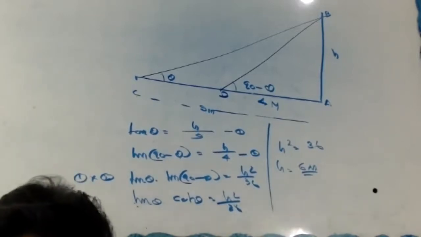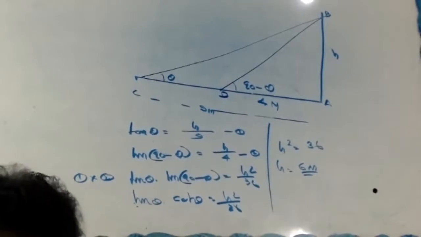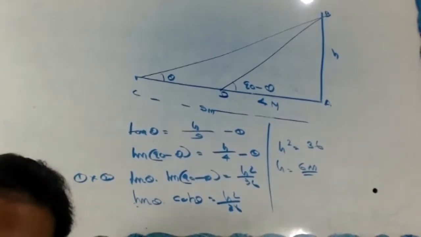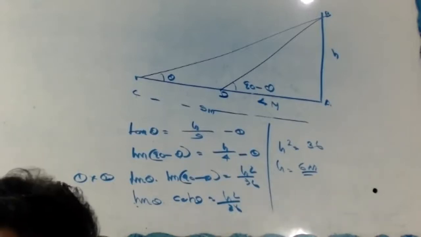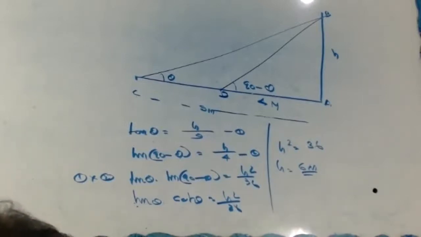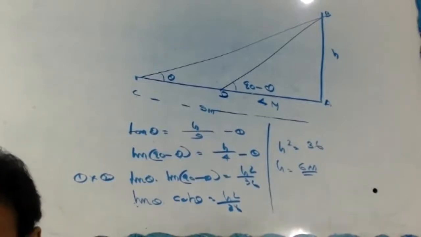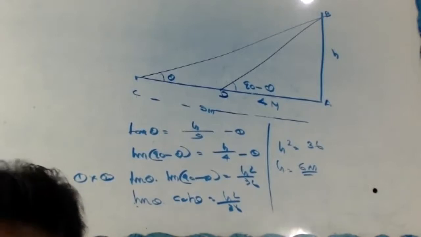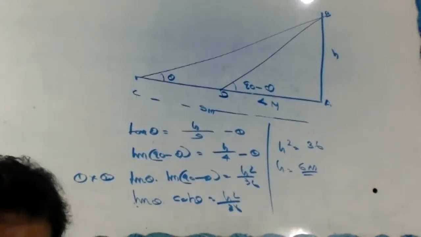The angle of elevation of the top of a tower from 2 points at distance a and b meters